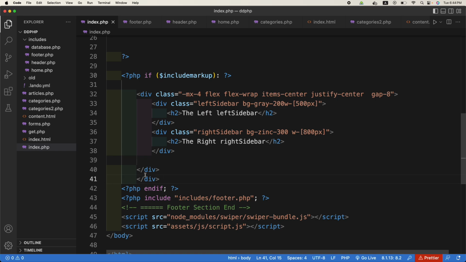Is this okay? Yes. So inside here, because now we are closing and opening it, we can write HTML